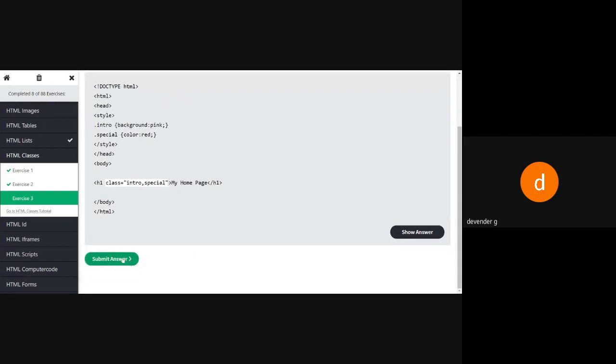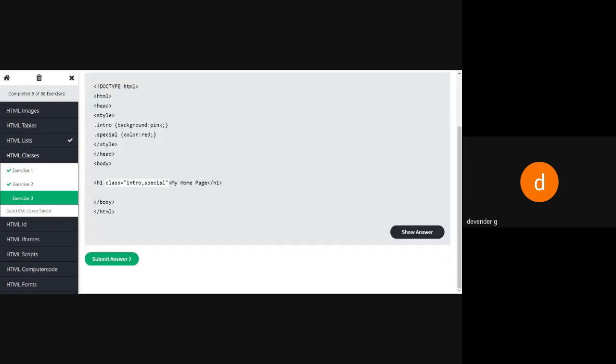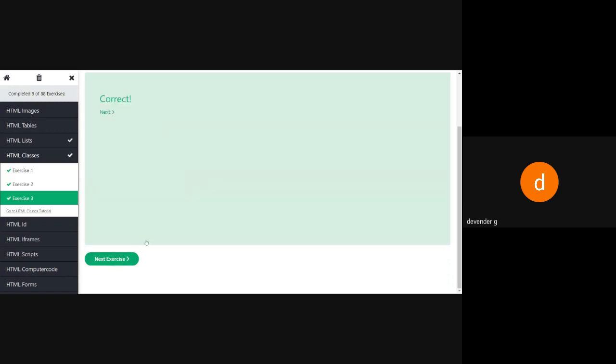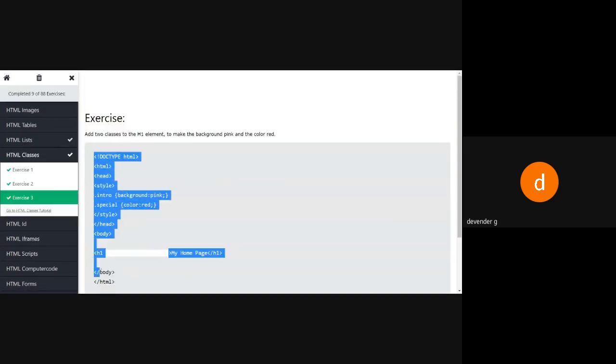Let's say this one. So no comma, it should be a space. We'll see whether this is going to apply. We'll try to see the output for this. Online HTML compiler, no?